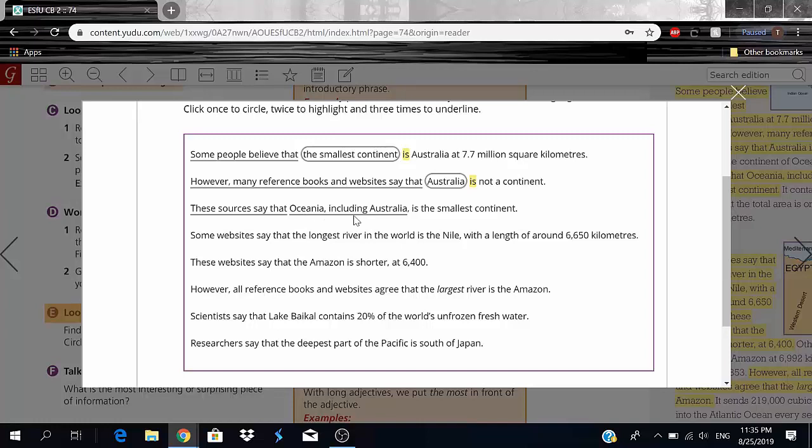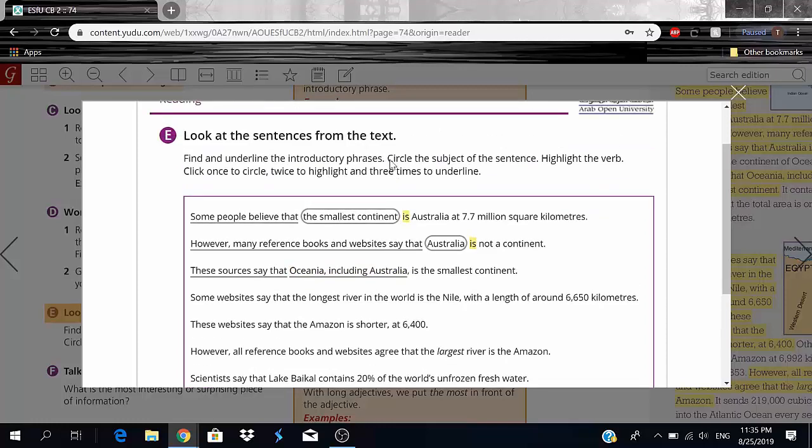Okay, so this is a mistake that I just did, and I don't want you to fall for it. Next time, read the whole thing before you actually start solving, because like you see, this one's pretty simple for me, but yet I still made that mistake of not continuing the sentence. If you actually continue the sentence, Oceania, including Australia, is. I thought that the verb was right after Oceania. Turns out including Australia was also there as well. So Oceania, including Australia, is going to be our subject.